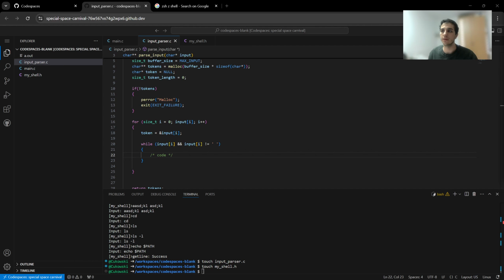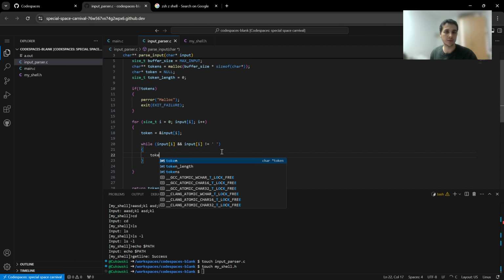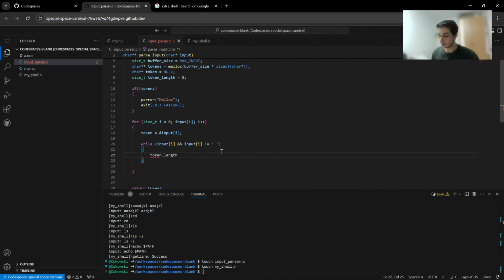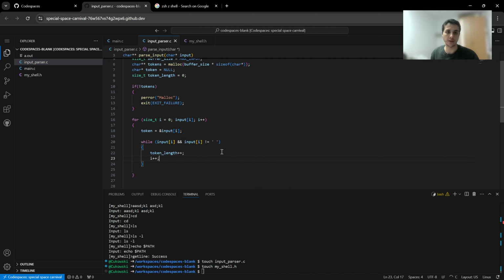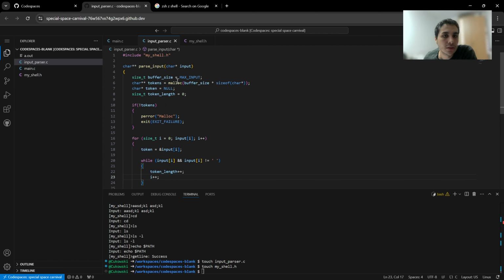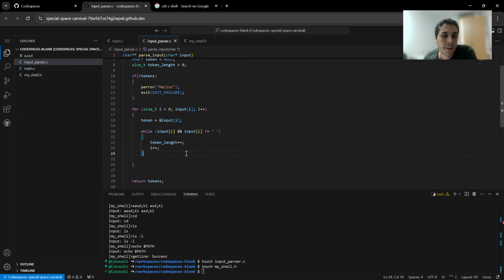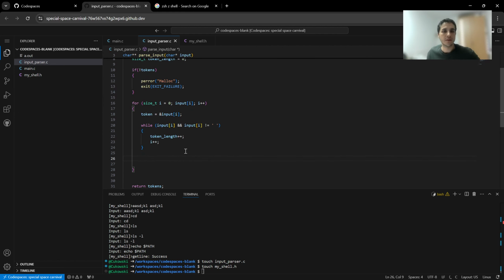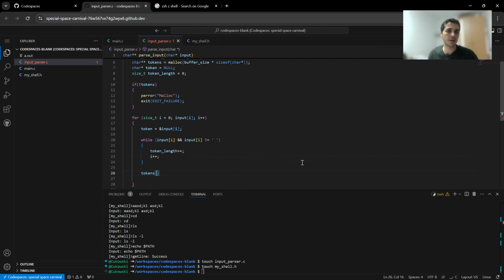We will want to get our token length. We will increase our token length. Also, we will increase the I, so we can move one token length when we are done with this. And then first we need to set the